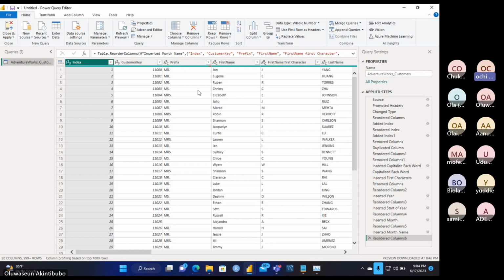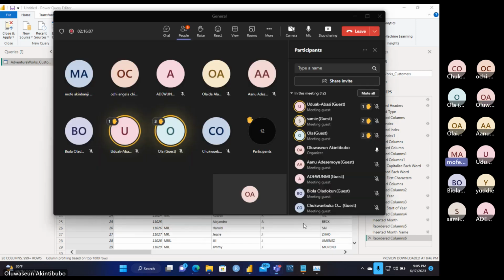I loaded the wrong thing. Still in the page.